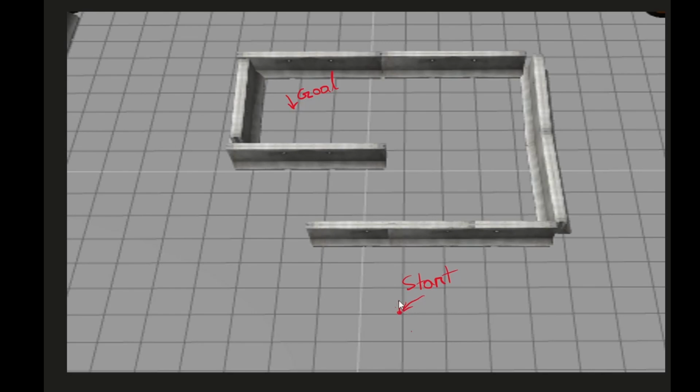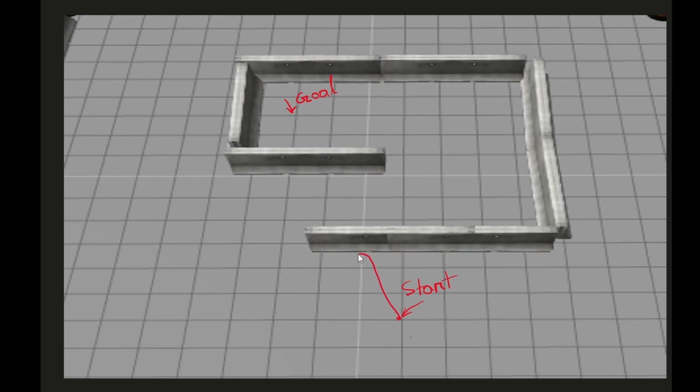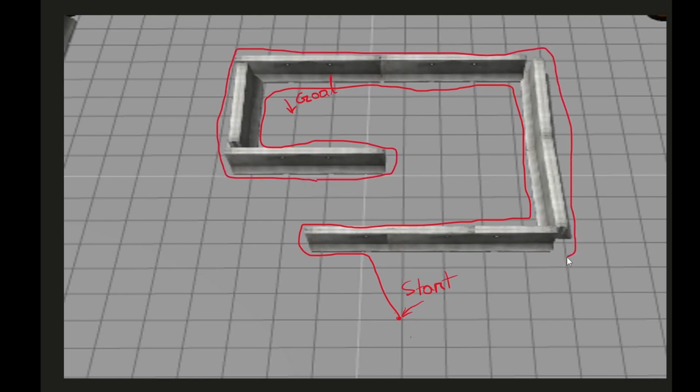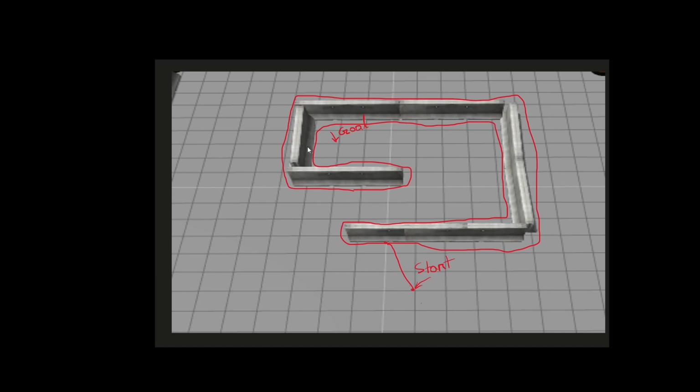Let us go back to the previous scenario and see what happens. We start moving toward the goal, hit the wall and start circumnavigating the wall, going around the wall and keeping track of the minimum distance point and return to the hitting point. Now we have a point, maybe here, which is the minimum distance point, and the robot will circumnavigate the wall until finding the point. And when it finds the point, it leaves for the goal,